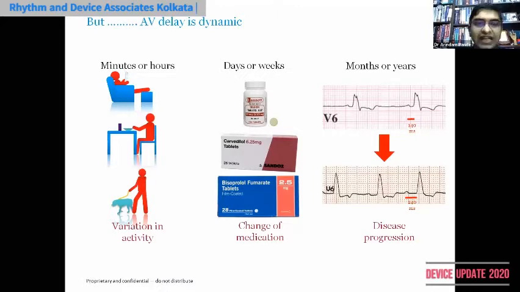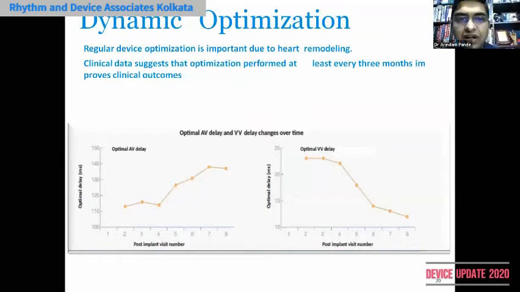And not only that, this AV delay is a dynamic thing. It depends on the activity of the patient. It varies according to activity, for example resting or exercise. Multiple drugs have an important effect on this AV delay, particularly beta blockers, lanoxin, and most of the other antiarrhythmic therapy. And this AV delay can have some natural variation as well. So what you can understand is that the AV delay is not a fixed entity.